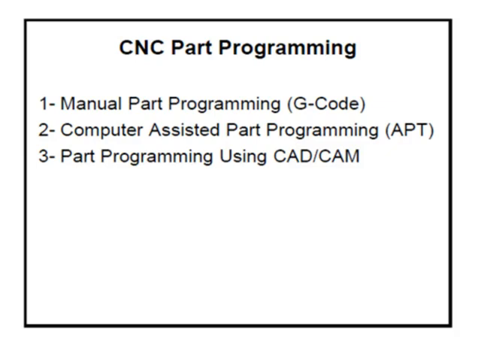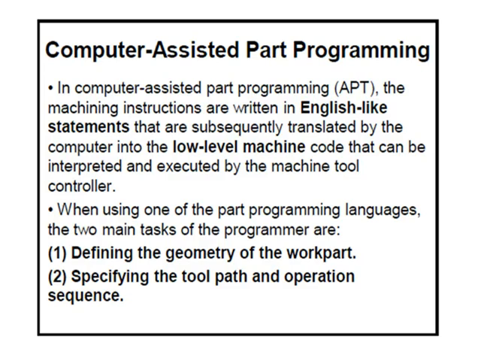In CNC part programming, it can be written in many methods. First one is manual part programming, which is written with the help of G codes and M codes. Second one is computer assisted part programming, which is written with the help of APT language. Third one is part programming using CAD/CAM software. In this section, we are particularly going to discuss part programming using APT language, that is computer assisted part